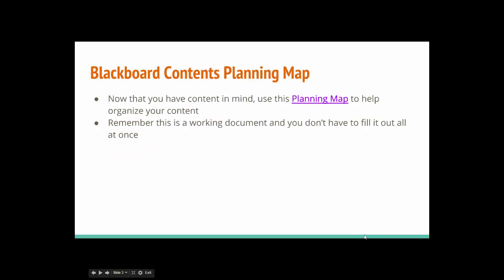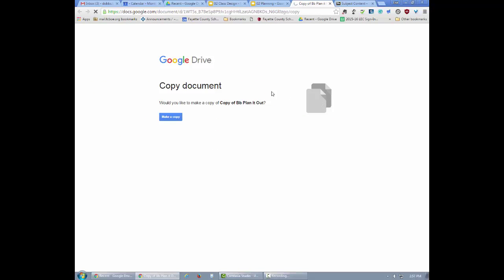We have created a Blackboard Contents Planning Map for you to use. Now that you have your content in mind that you would like to move over to Blackboard, use this planning map to help you organize your content. Remember, once we open this document, that it is a working document and you don't have to fill it out at one time. You start by clicking the link and it will force you to make a copy of the document. You click Make a Copy,